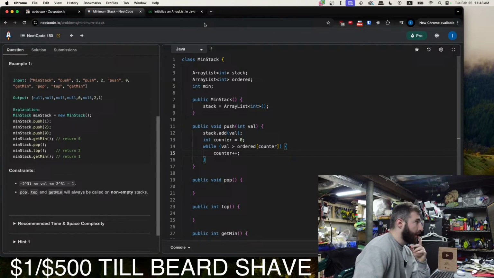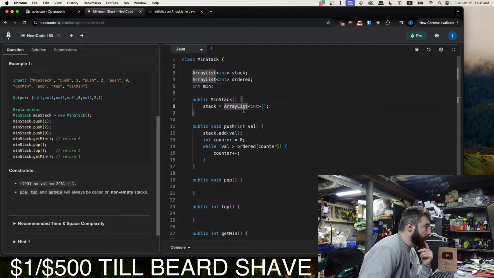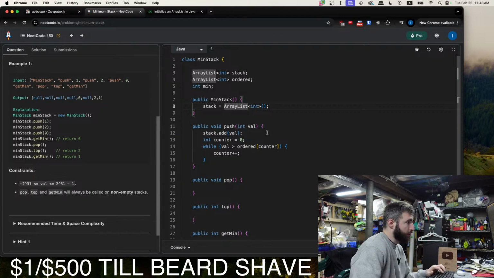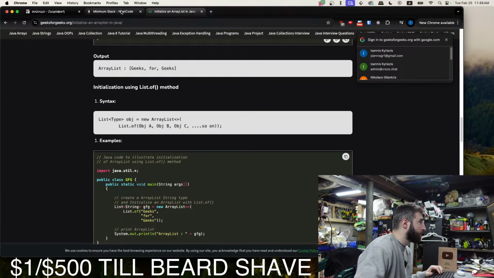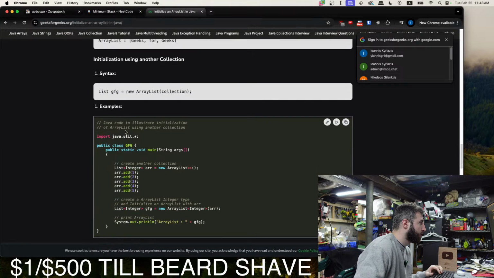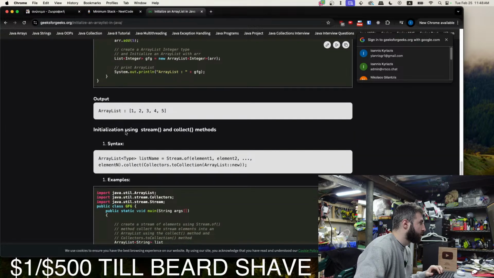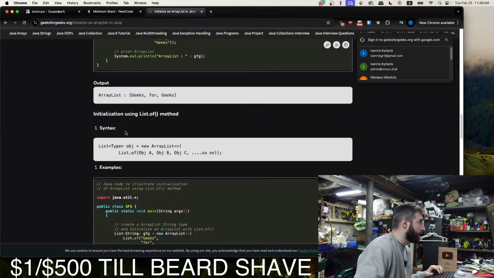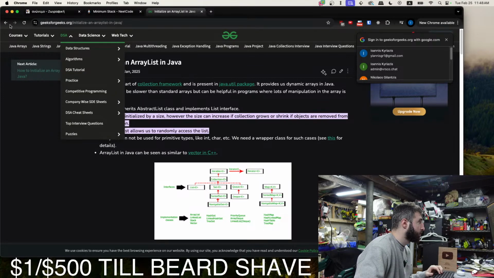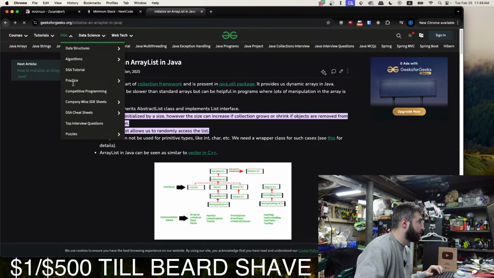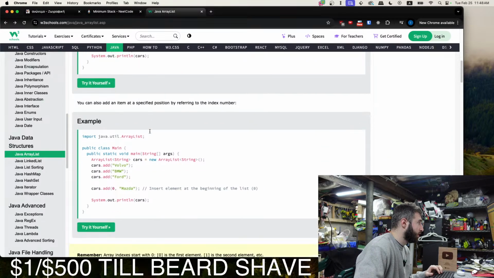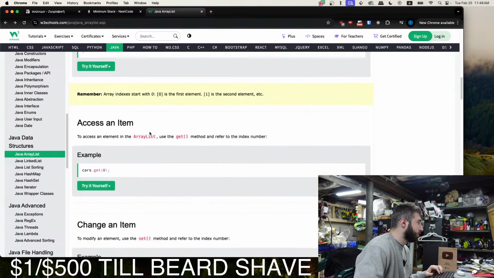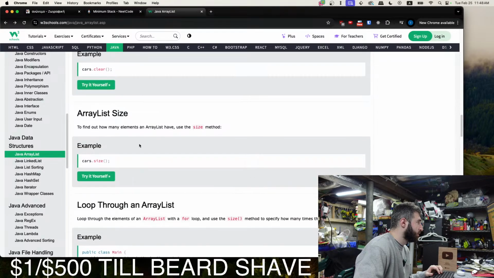Okay, so I think I initialized this ArrayList and it's empty. So let's do a check. If the ArrayList's size, what's the size of the ArrayList? It's just dot size.